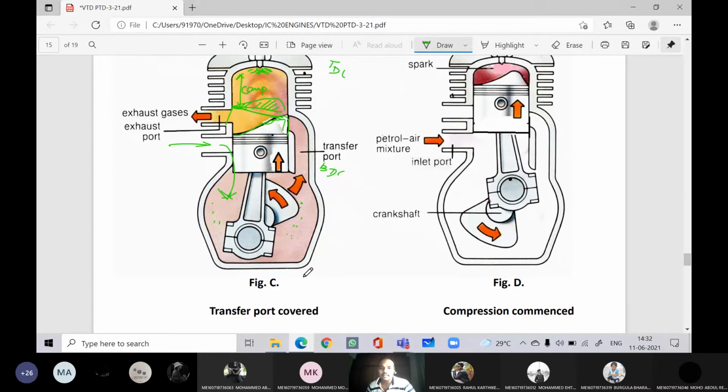Yes, sir. Please. Will the lubricating oil participate in combustion, or will it stay in the crankcase? No. Along with the air plus petrol, I told you we are mixing lubricating oil, right? So when air plus petrol plus lubricating oil enters through the transfer port, that lubricating oil also will burn within the engine cylinder.